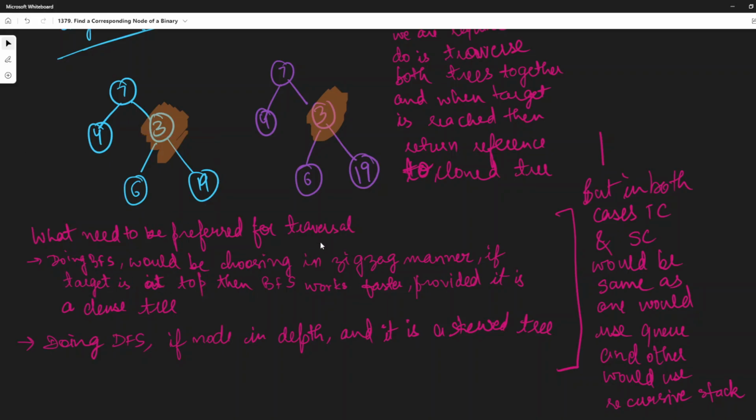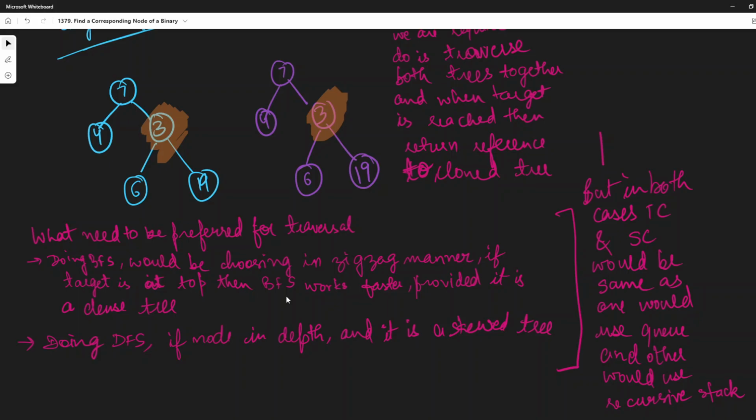DFS would work faster, provided it is a dense tree. But if it is a skew tree, then again we are required to traverse level by level. Although in that case DFS would also work faster, somehow both of these solutions would work equally